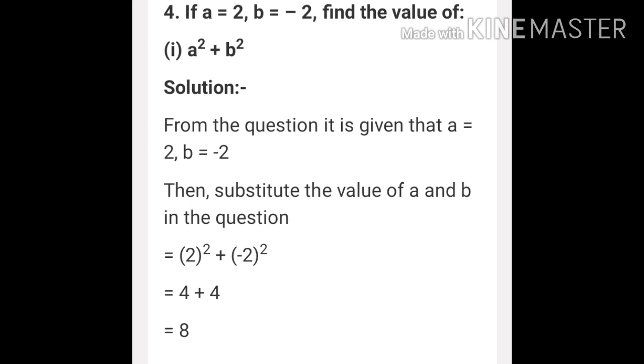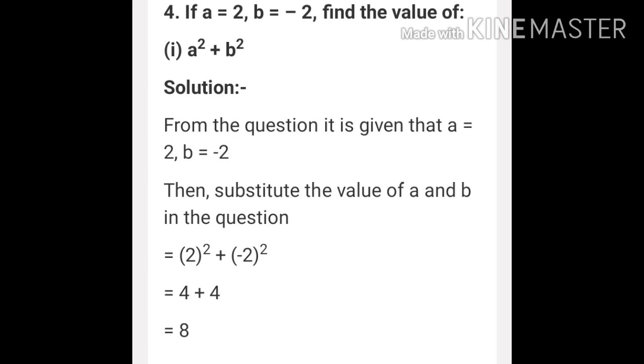From the question it is given that A is equal to 2, B is equal to minus 2. Let us substitute the value as we did in the earlier questions. 2 whole square plus minus 2 whole square. 2 square means 2 into 2 makes 4. Now minus 2 square will also result in positive 4, because if you remember the rules of integers, I told you that minus minus makes plus, and in case of multiplication the signs get added up and there is the sign of addition. Same thing we are going to apply over here, and keep in mind the rules always. So 4 plus 4 is equal to 8.